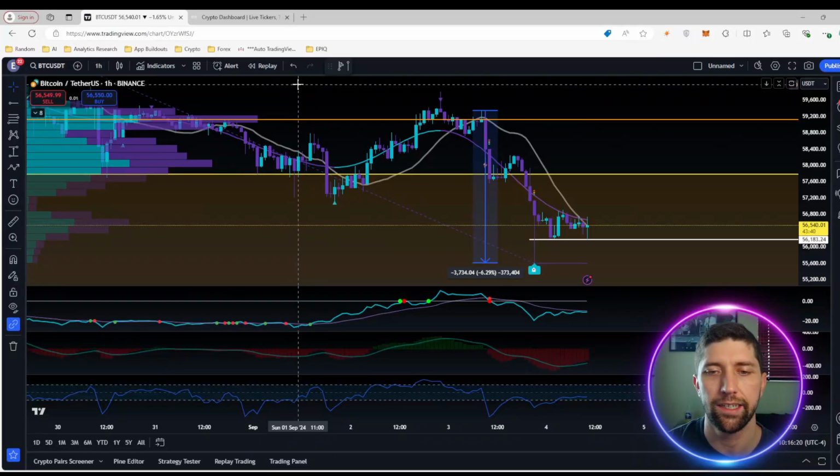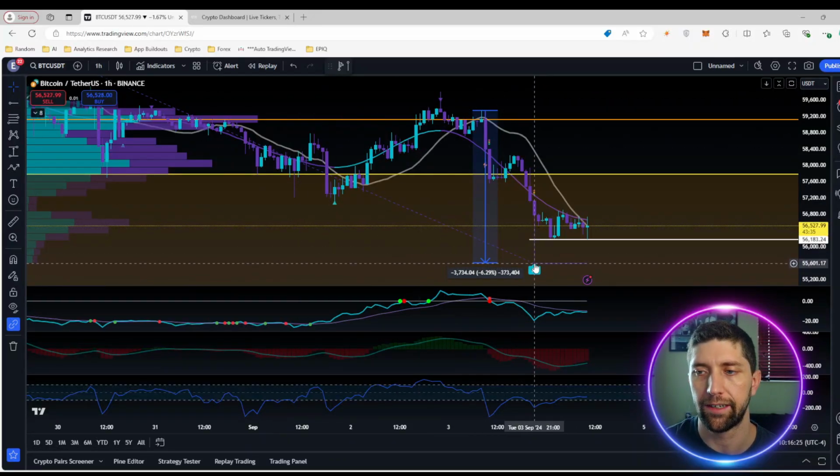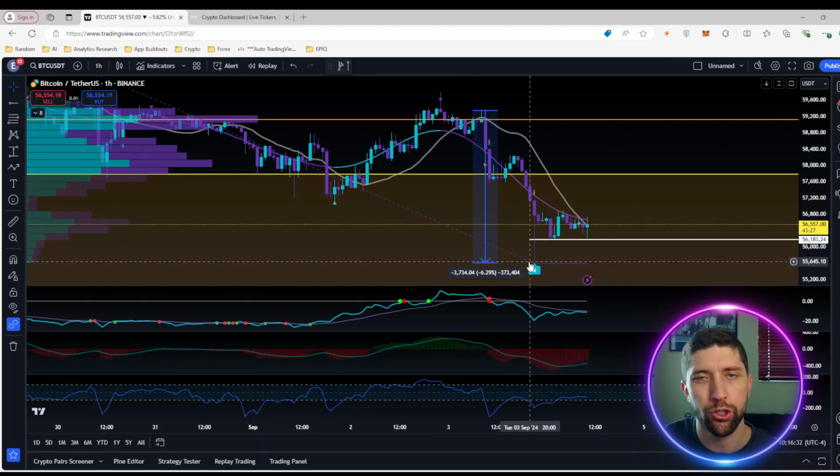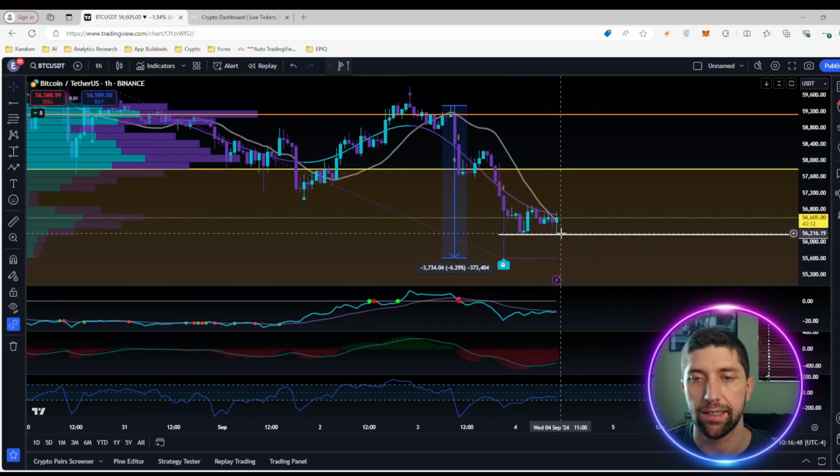Last night, Bitcoin ended up dropping about 6.29%. You can see this lower wick down here at about 55.6 flat. And I'm sure a lot of people were panicking at the moment. I did release a video last night kind of discussing that I thought that price could potentially find a floor somewhere around here. And so far at the moment, it looks like we're currently testing a double bottom support at